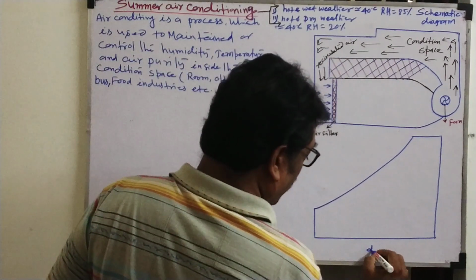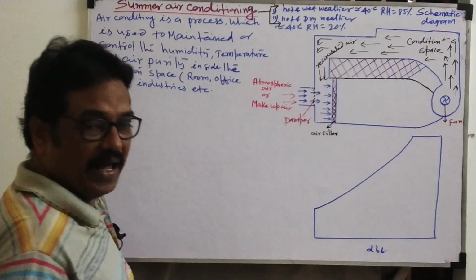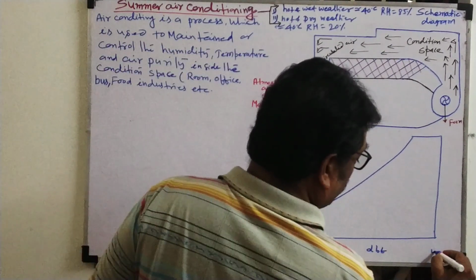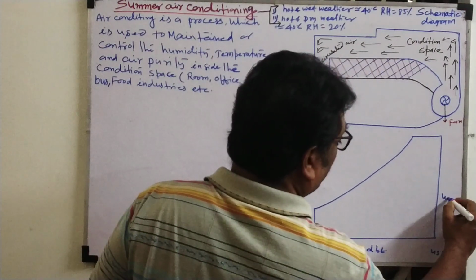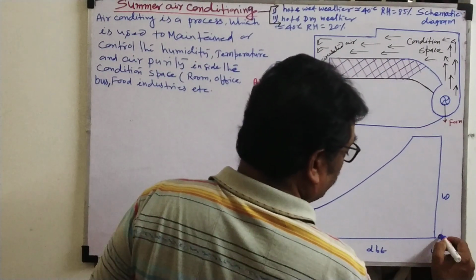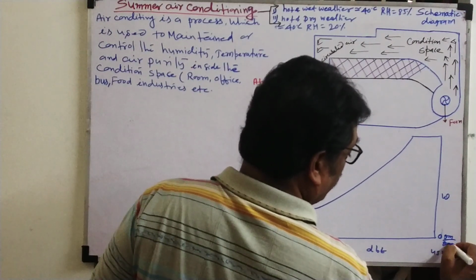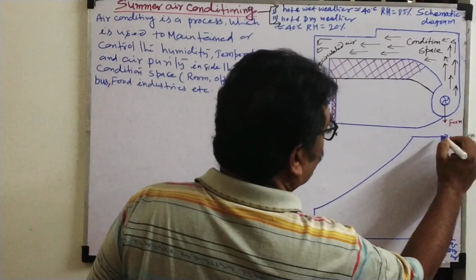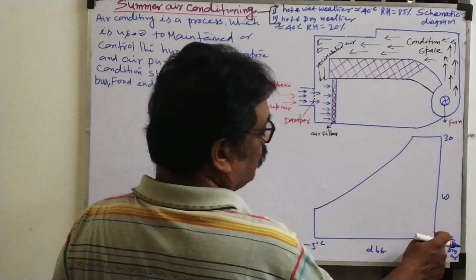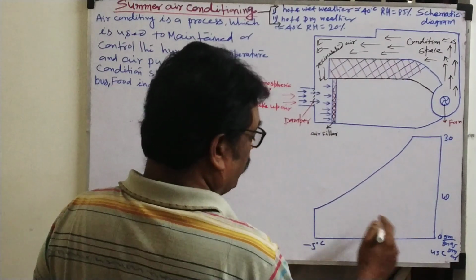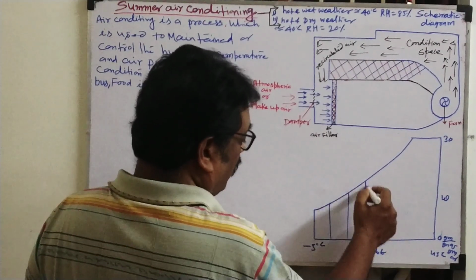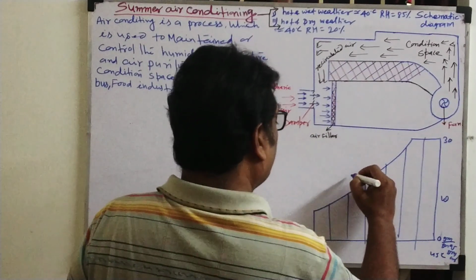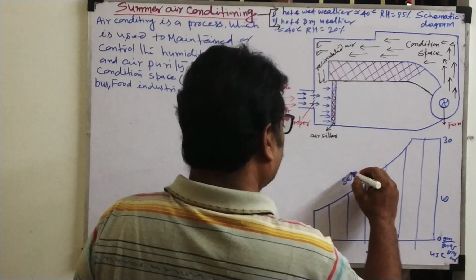So this is the dry bulb temperature. Here temperatures are in dry conditions. What is the temperature range? Approximately minus 5 degrees Celsius to 45 degrees Celsius. And this is the humidity line. This is the humidity; moisture here is 0 gram per gram of dry air, and here 30. Moisture increases as you go from bottom to top. This is the temperature; the dry bulb temperature lines are vertical lines, equally spaced. This is called the dry bulb temperature line. This is called the saturation line.